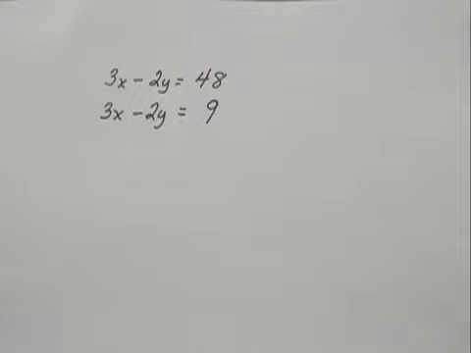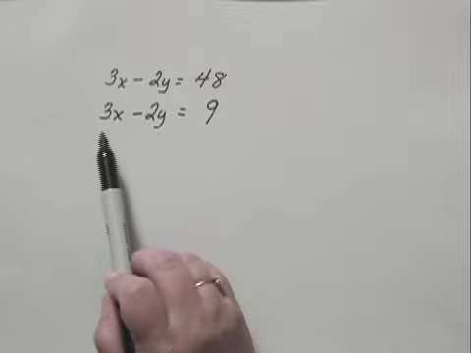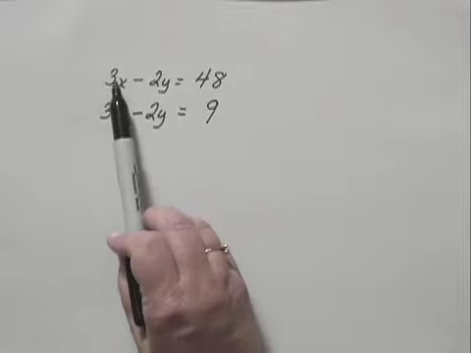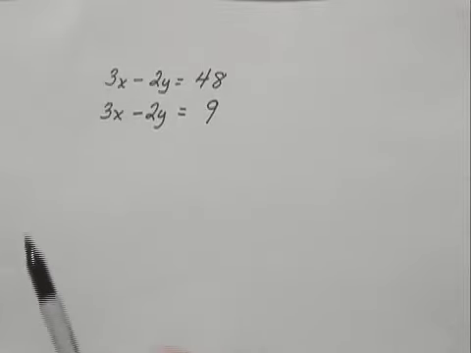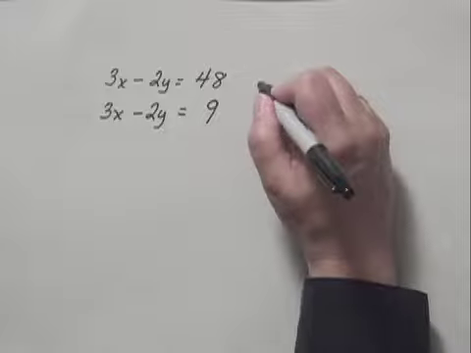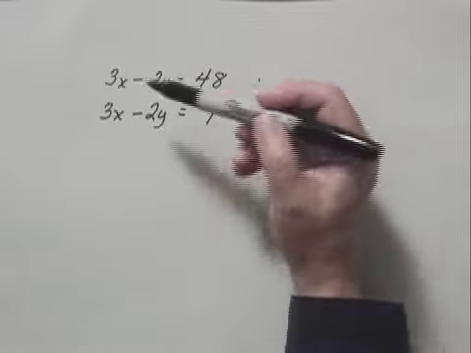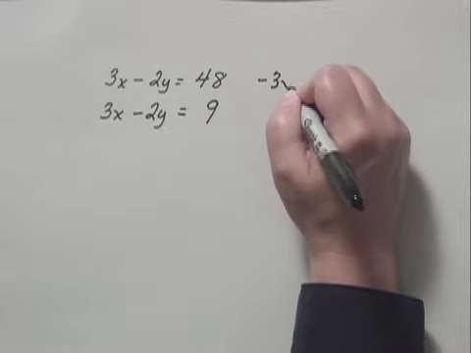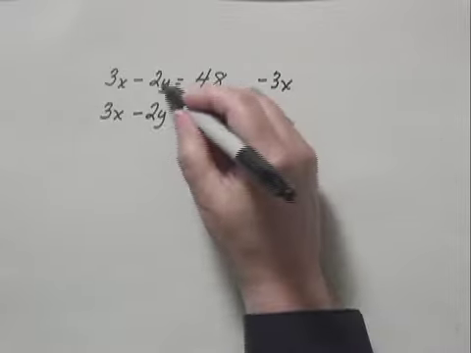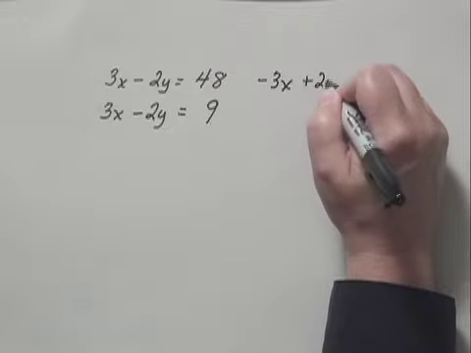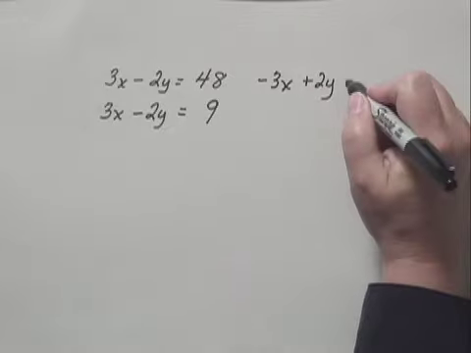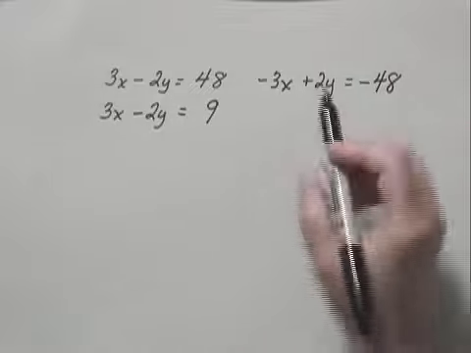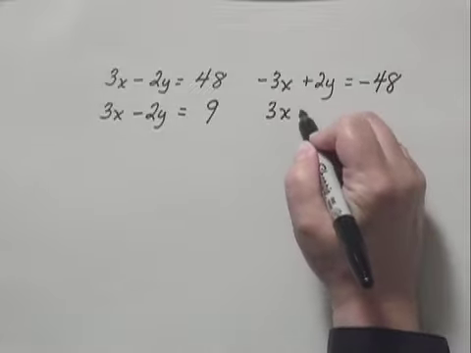To solve this using elimination, I'm going to multiply equation 1 by -1 so that I have opposite coefficients of my x terms, and then add. So multiplying by -1 would be -1 times 3x, -3x. -1 multiplied by this term would give me plus 2y. Multiplying this by -1 gives me minus -48. And then I copy this second equation